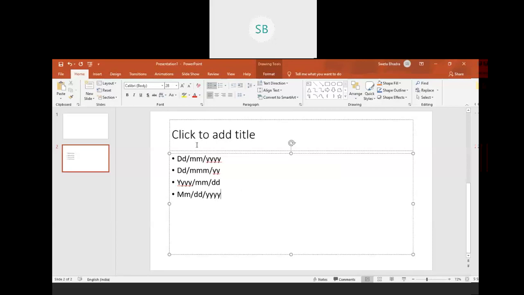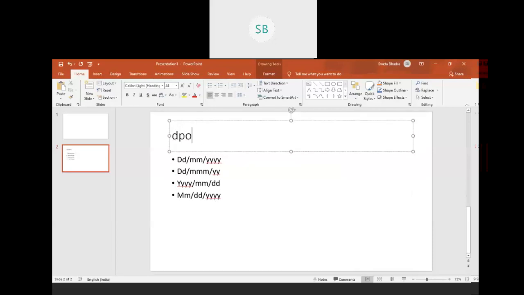What we choose out of these is known as the domain of values for date, but we will choose any one out of it. That is why we said it needs to be atomic. If in one row we are using one format, for all the other rows we need to use the same format. We cannot go for any other format. So this set of values together forms a domain.